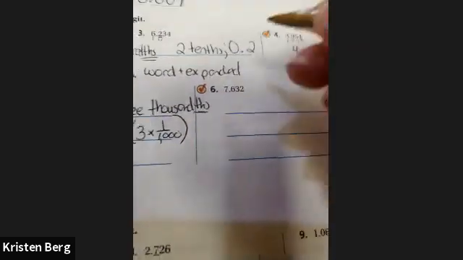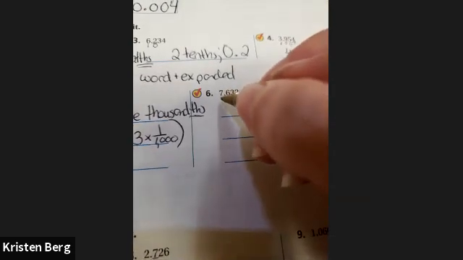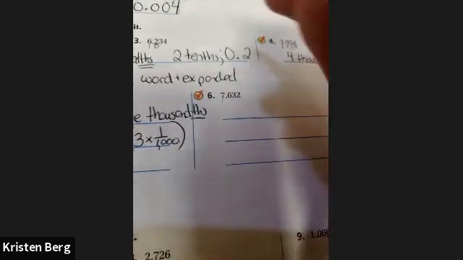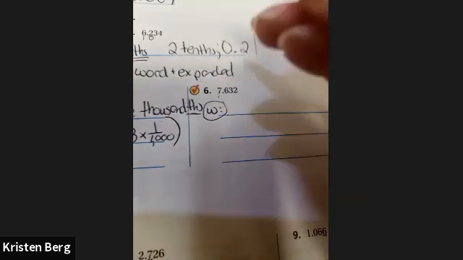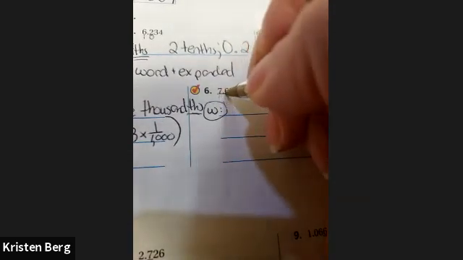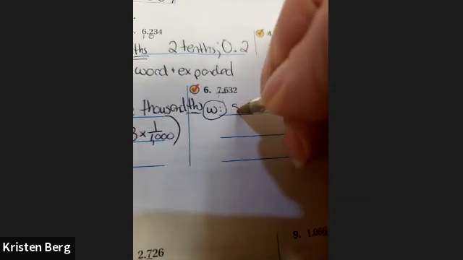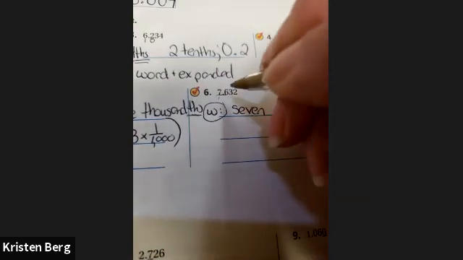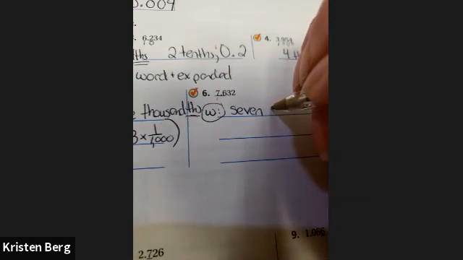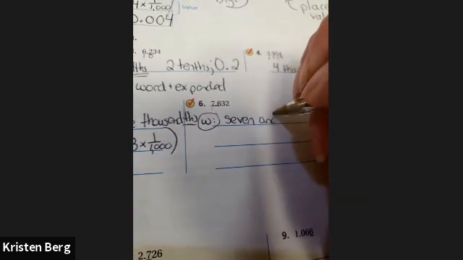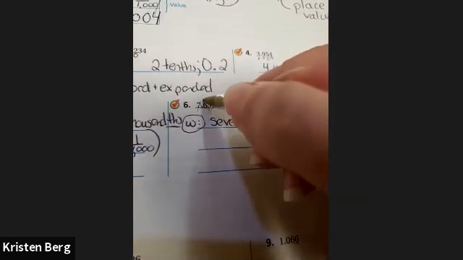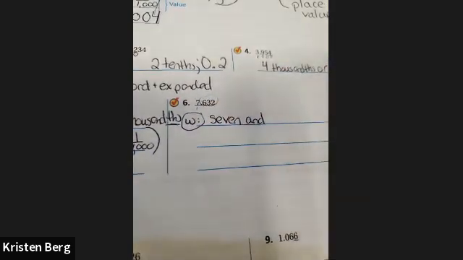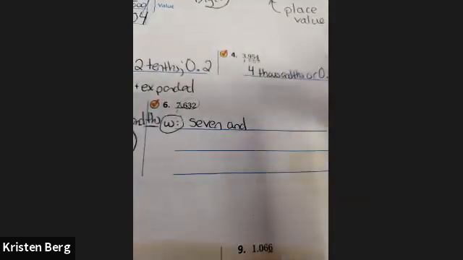All right, next we are going to do this one. Now this one does have a whole number, so we have to put that one in there. We don't have an option. So I'm going to say W for word. So the word form is everything before the decimal is just a 7. So I'm going to say 7. Then the decimal. So how do you write the decimal again? It is and. Then all you say is how do you say 632 as if it were just a regular number? You would say